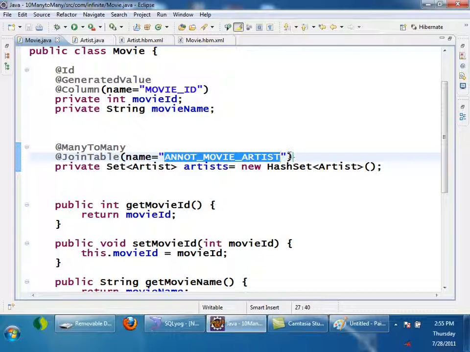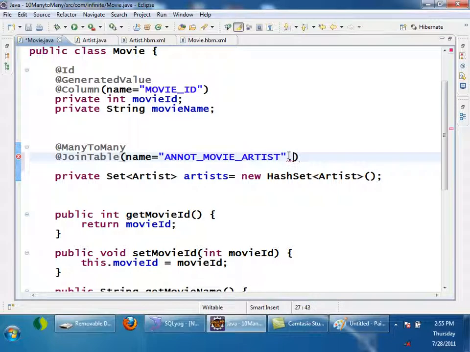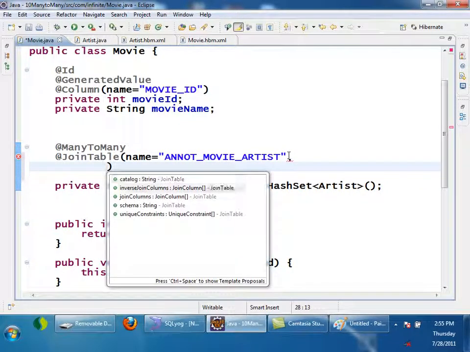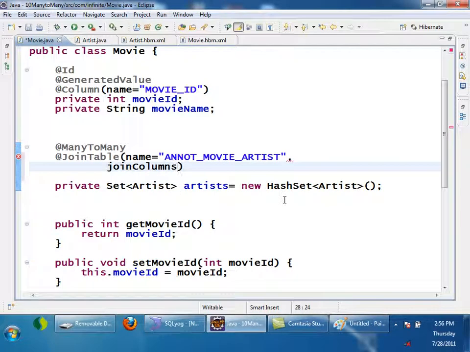So, here, comma, Ctrl+Space, there is joinColumns, which is nothing but an array. Array of what? Join column. Whenever it is an array, you have to keep it in curly brackets, right? It's an array of join column.